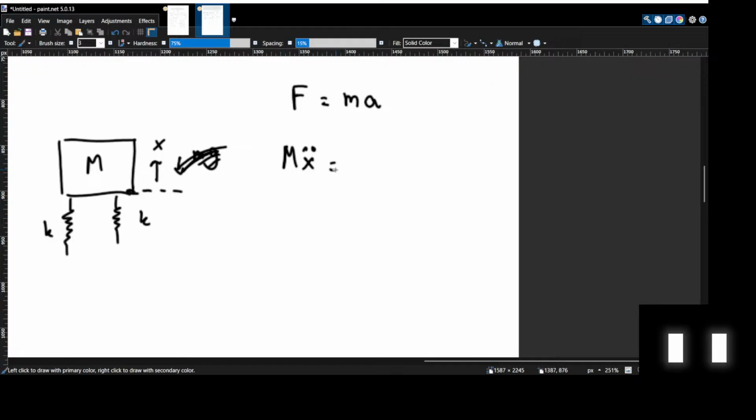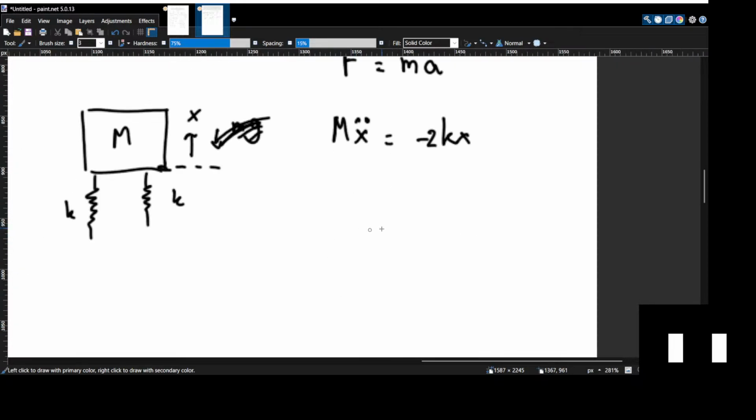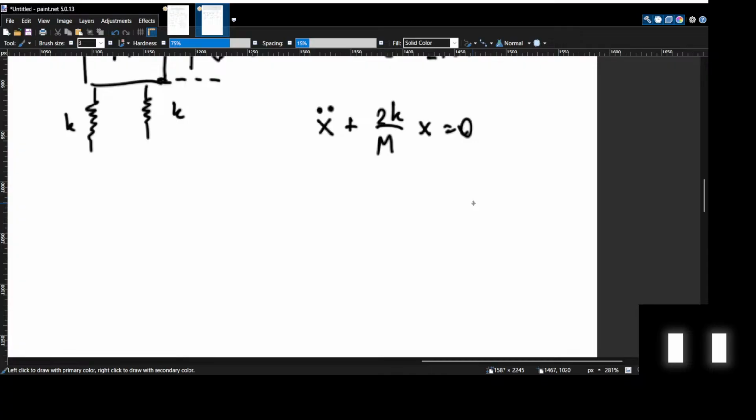So M x double dot is going to be equal to simply negative 2kx, because we have two springs, and it's just that simple. We now have x double dot plus 2k over big M x equals 0, and then from this we can immediately know that